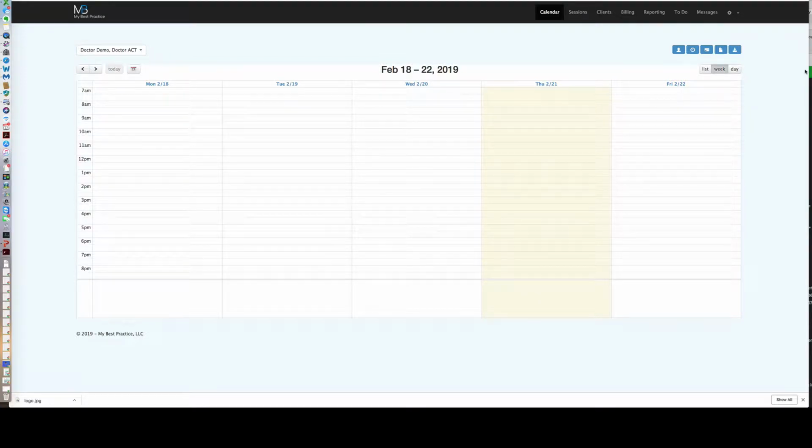Hi, this is the quick start guide for My Best Practice for the calendar page. The calendar page is going to be the first page you're taken to when you log into My Best Practice. So once you enter your username, which is your email address, and your password, you're going to be initially taken